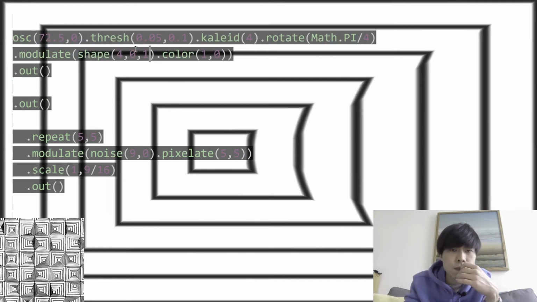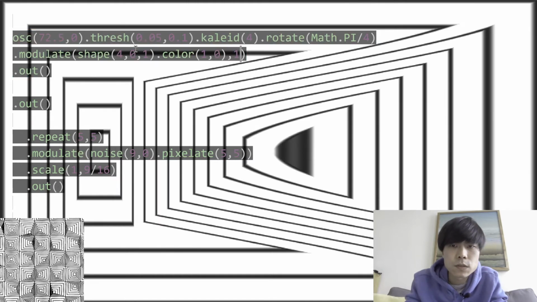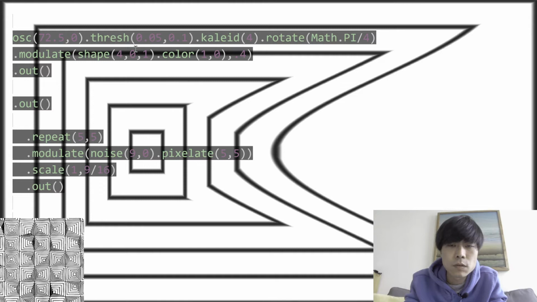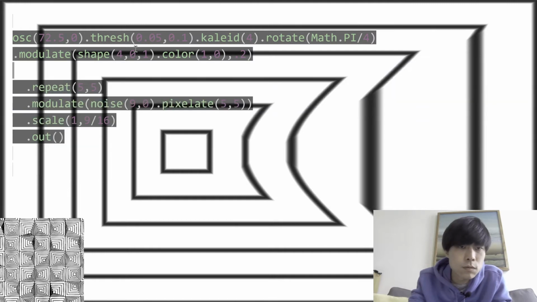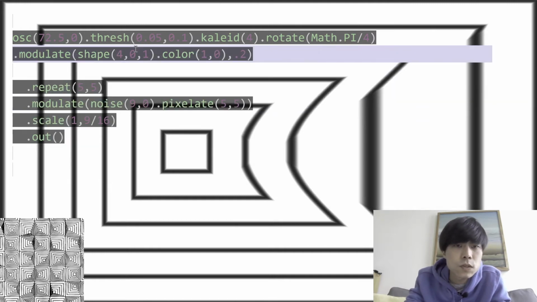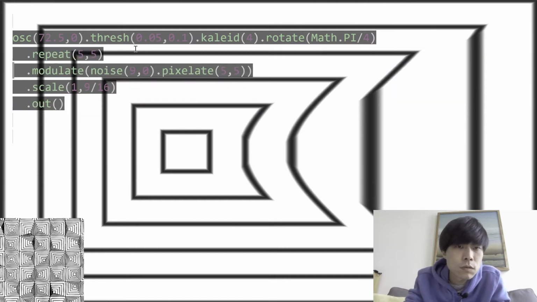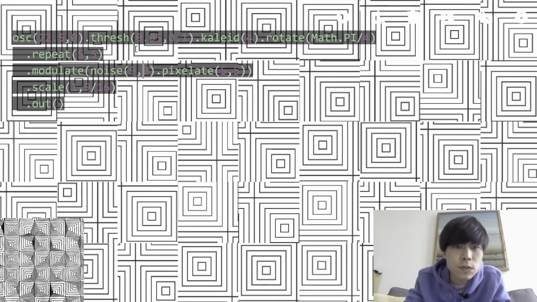Because modulate, shape, they're like pushing pixels. What if I do this? Ooh, that's funny. Interesting, but not what I want. I mean, I could just do this. What do I mean? I could just take this sketch that was kind of failing,